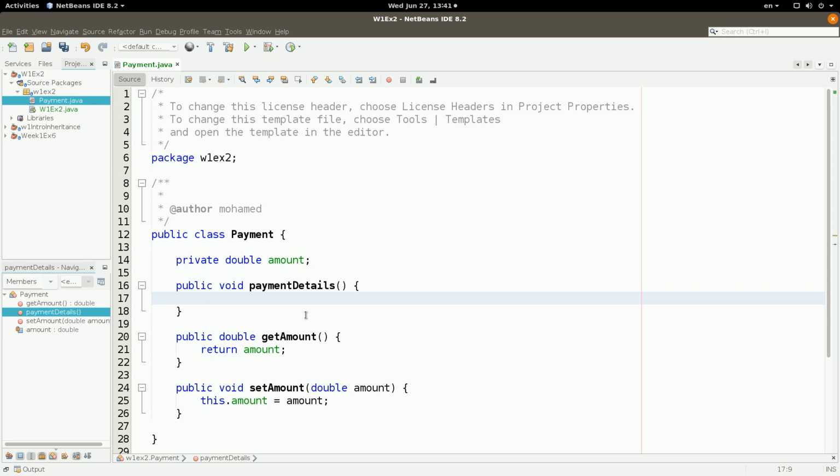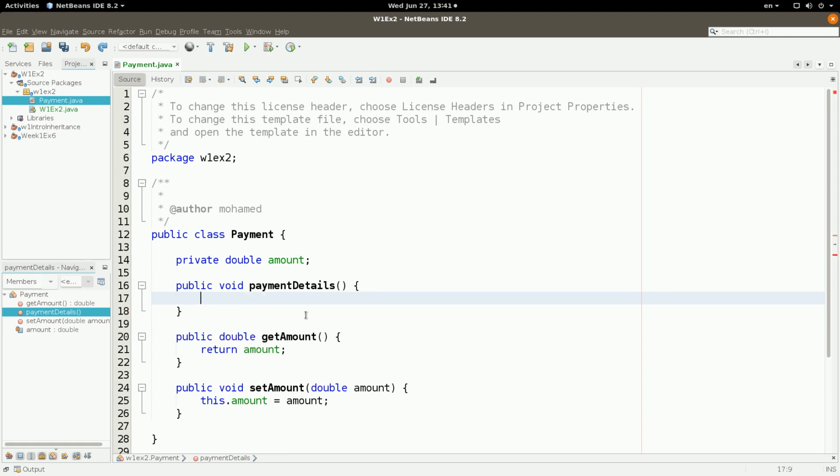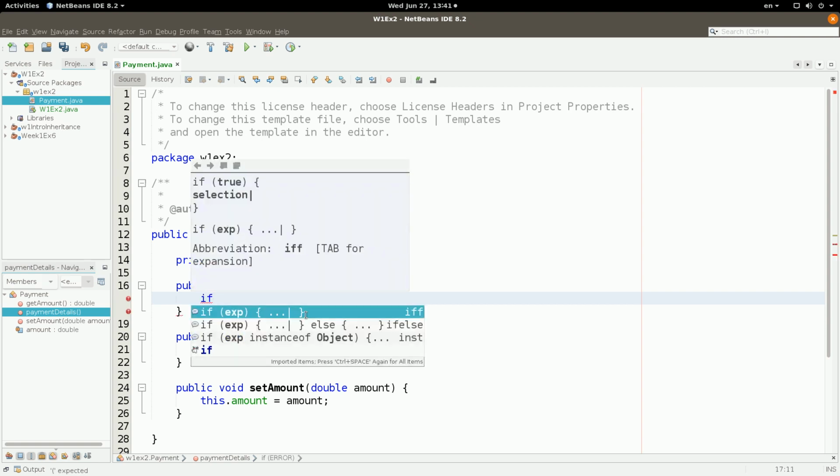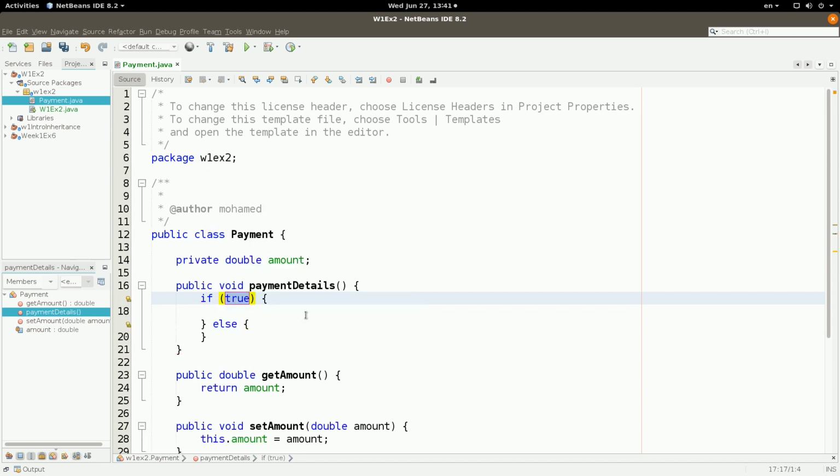Now what I need to do, then a couple of ifs, or maybe a switch, or if else if. I don't know, I just need to do something like this maybe. So if the amount is 0,